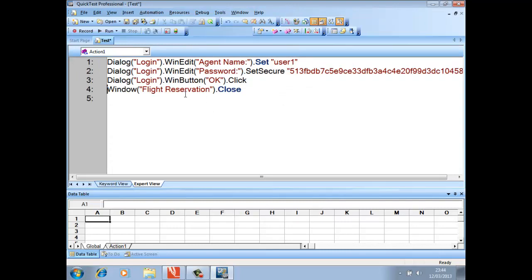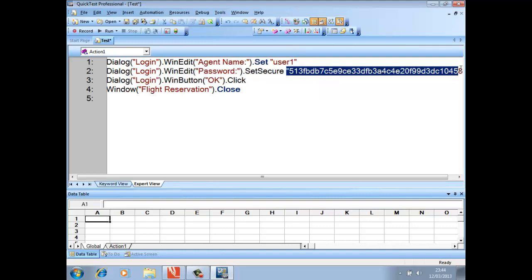Fine. So whatever steps I have performed, the first thing I did was enter my username as user1. Then we entered our password as Mercury. That Mercury password is coming in an encrypted format. So all the actions we have performed, including the OK button and finally closing the flight reservation application,